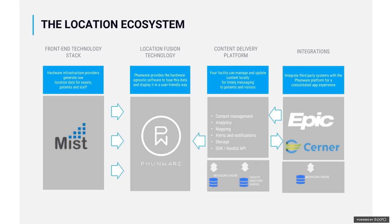In this case, called out to quite familiar names here, Epic and Cerner, where you get down to the personalized use cases. And this is where a patient who arrives at the hospital not only receives a welcome message, but that entry alert also triggers the start of the check-in process within the health system. We work with universities on measuring the amount of time a patient spends in a waiting room versus how long they spend with a caregiver, and then correlate the survey results